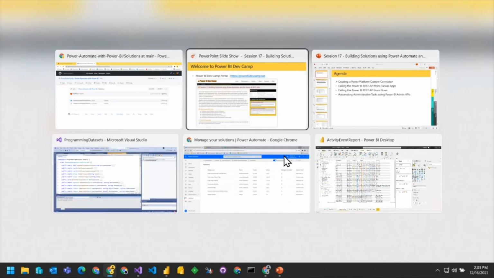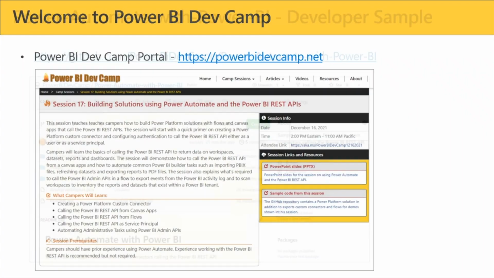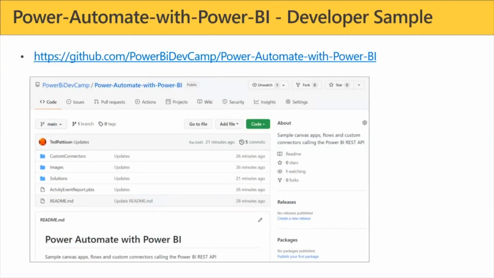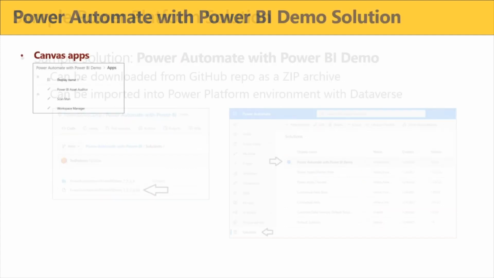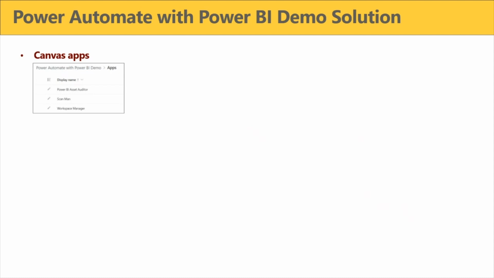And what this means, let's get back to the slides here, is that I put together some sample code. And what I did is I put everything in a Power Platform solution. You can think of it as, when you build things on top of the Power Platform with Canvas apps and flows, model-driven apps in the Dataverse, they have a packaging format, which is the solution. So there is a zip file that you should be able to take, and you will have to have some knowledge of Power Platform and importing solutions. But the idea is that I wanted to have something that you could take and use.